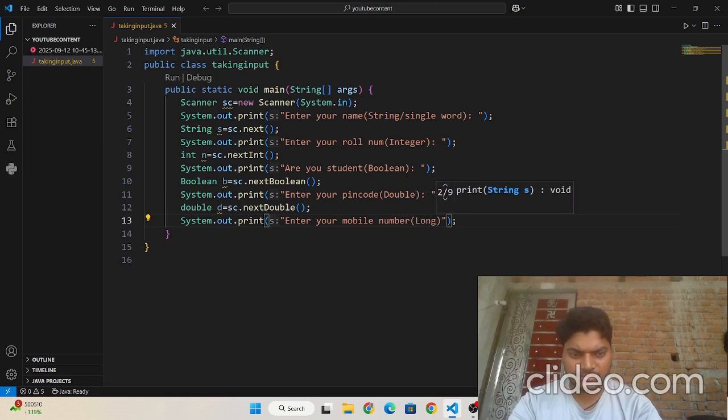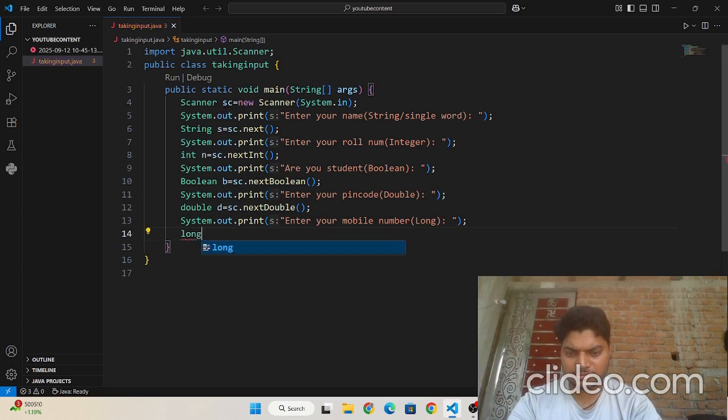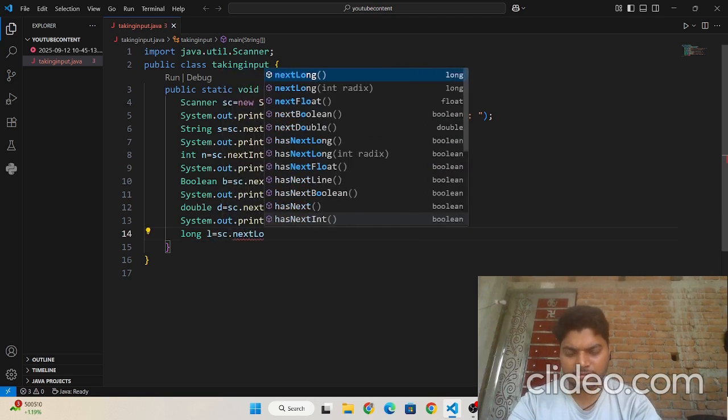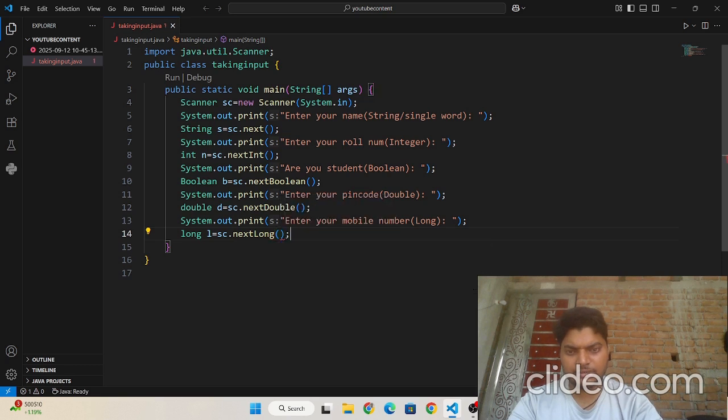So I need to give a space here, and write long equals to sc dot nextLong. Okay, now I have taken.